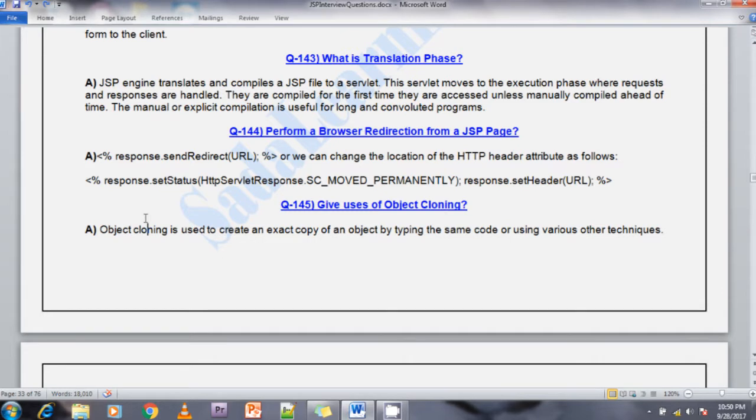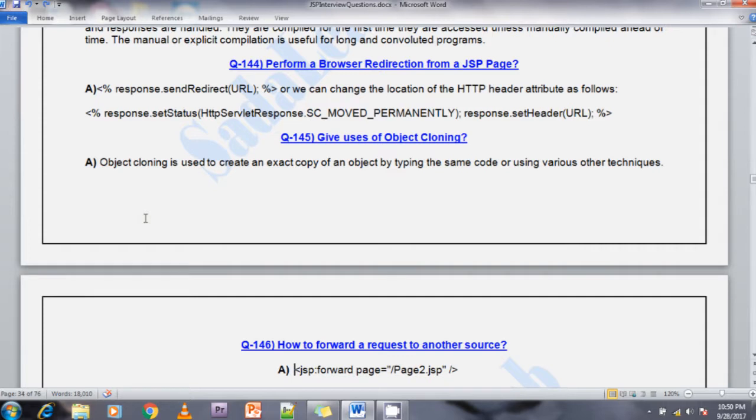The next one is: give uses of object cloning. See, first of all, what is cloning? Cloning means we can copy the object, the same object. Object cloning is used to create